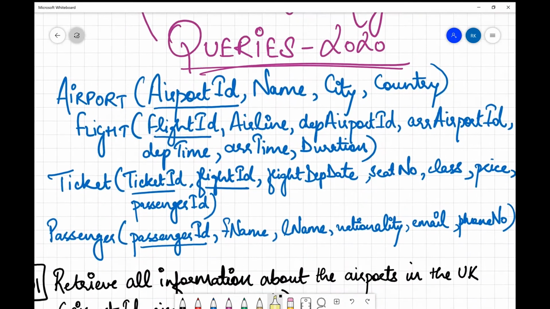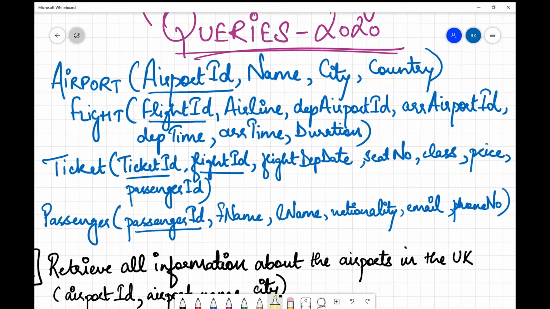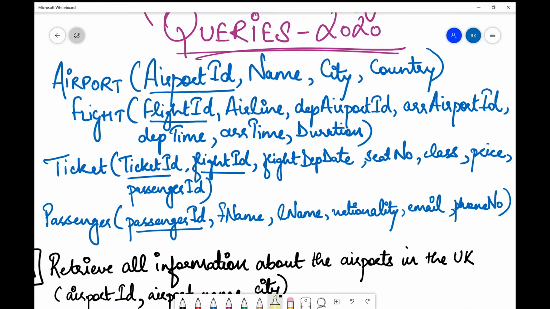Here we've been given some tables. Basically there are four tables here. If I just number them up: the first one is the airport table, then the flight table, ticket table, and passenger table. The first one is airport, wherein the primary key is airport ID. It contains the details of various airports. Flight, as you can see from the name itself, contains details of various flights. Ticket, details of tickets. Passenger, details of passengers. So very simple, in the same format as we get the questions in GATE. Let's see what the queries are.